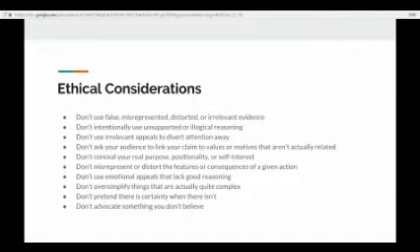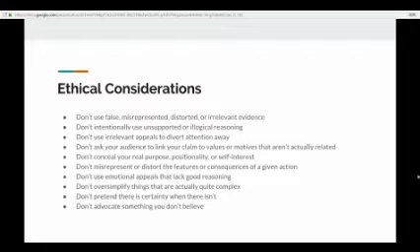So finally, I want to end today's presentation thinking about the ethical considerations of what you're going to be creating and the kind of arguments or persuasive acts you're going to be doing with business writing. To think about this in terms of ethics, I think, is really an important factor in choosing what to write. And so I just want to go down this list of things.